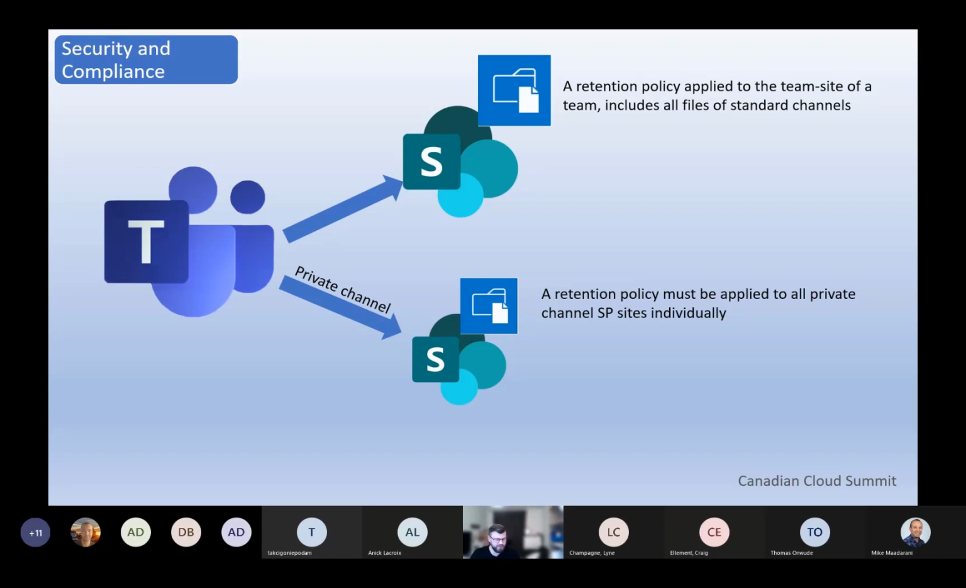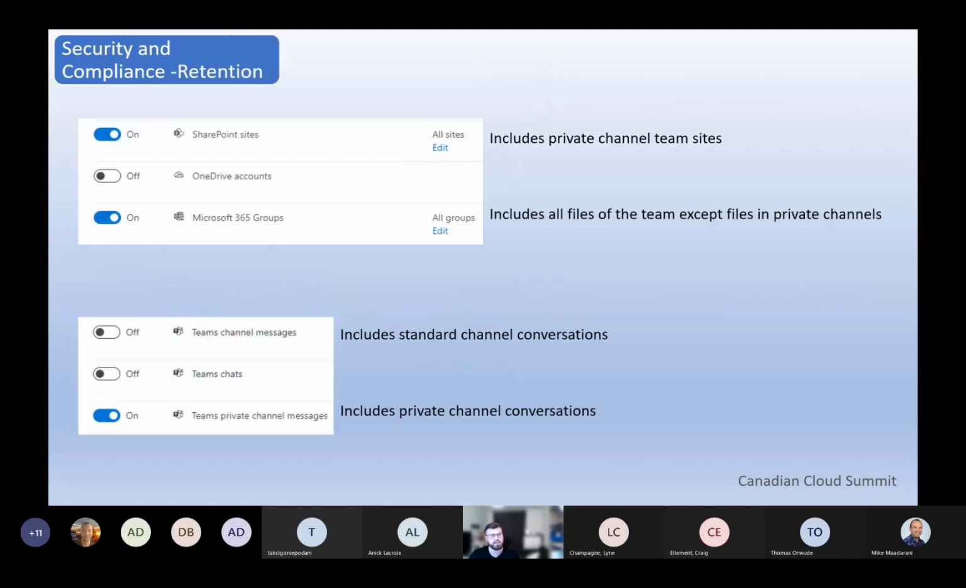So if you just have a retention policy today applying to Teams, there might be a possibility that you don't actually include the private channel sites. So all the files in private channels are kind of outside this retention policy. So you kind of have to do this individually, and I'll show you on the next slide. As you can see here, if you go in and start creating from the Compliance Center and create a retention policy, you can see that when you're applying a retention policy for team sites, you choose the option